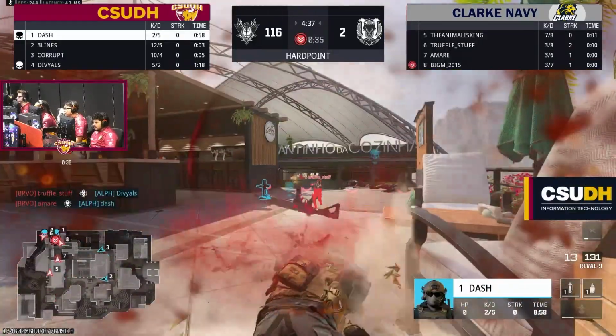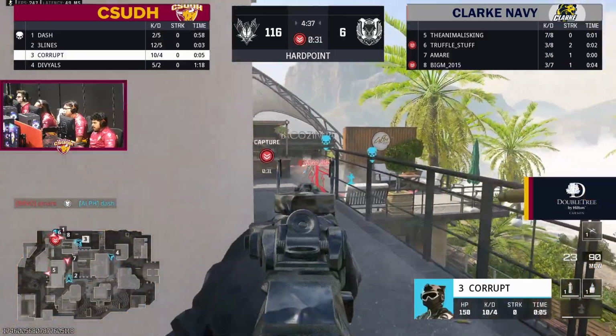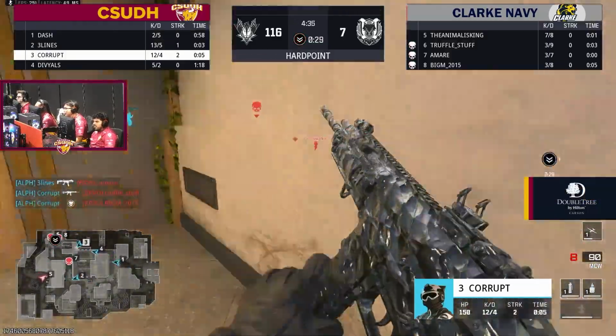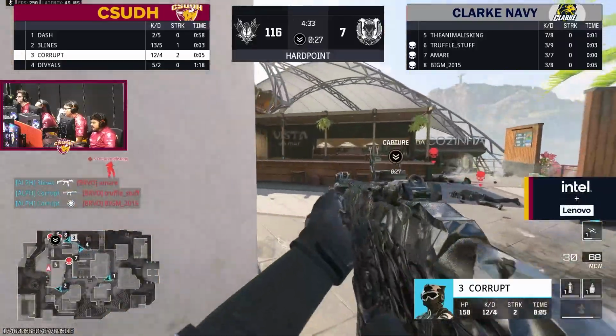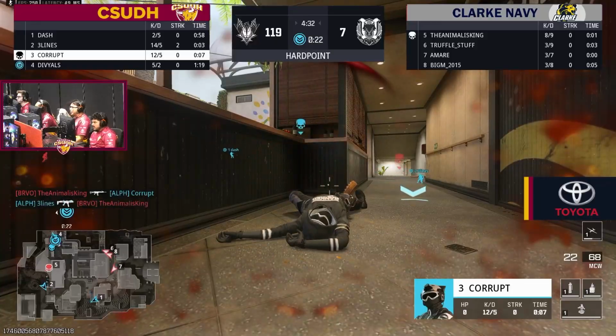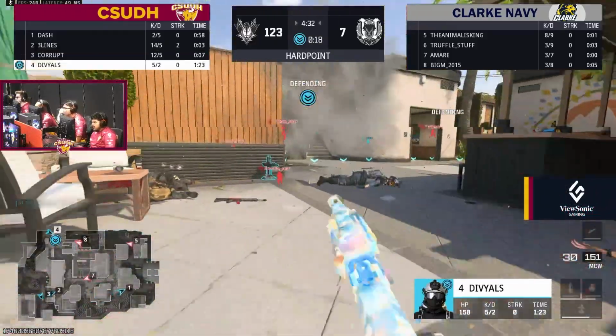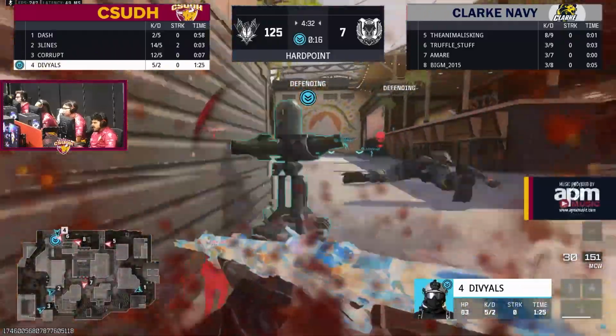And now Clarke Navy has spawns, takes control of the hill, and now CSUDH is spawning out, but there's still 30 seconds left. And big two-piece by Corrupt taking over this hill again. So just like that, they lost the hill and took it back, forcing Clarke Navy to spawn out. Three Lines picking up that middle push. We got Divs here soaking up the rest of the